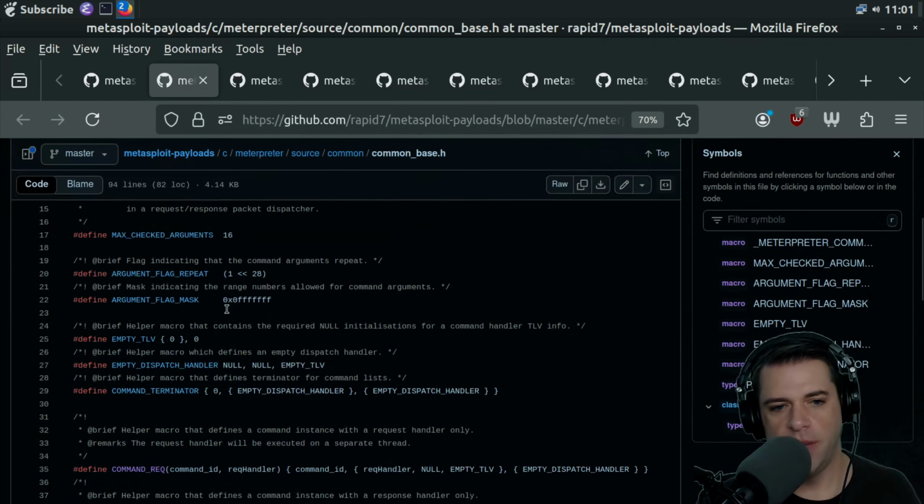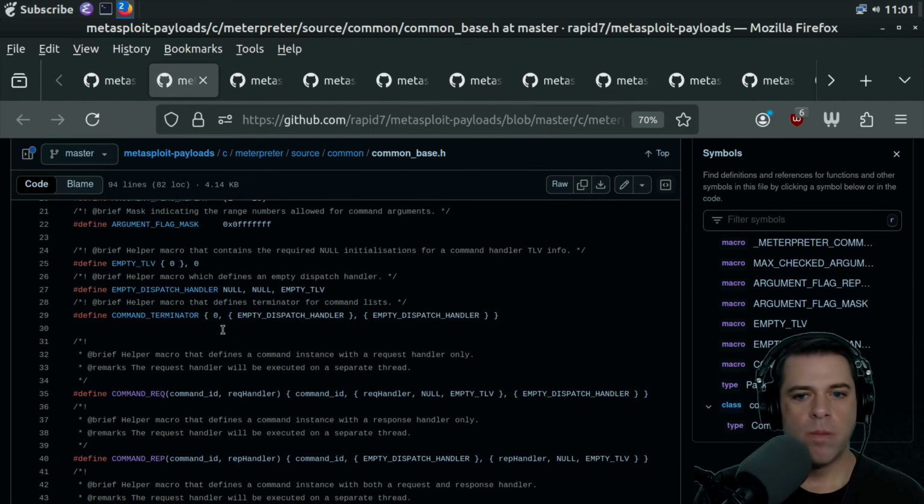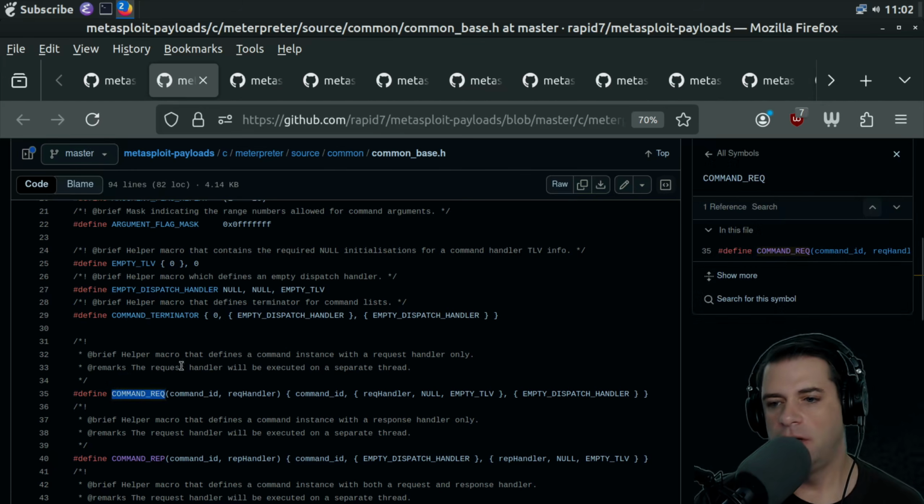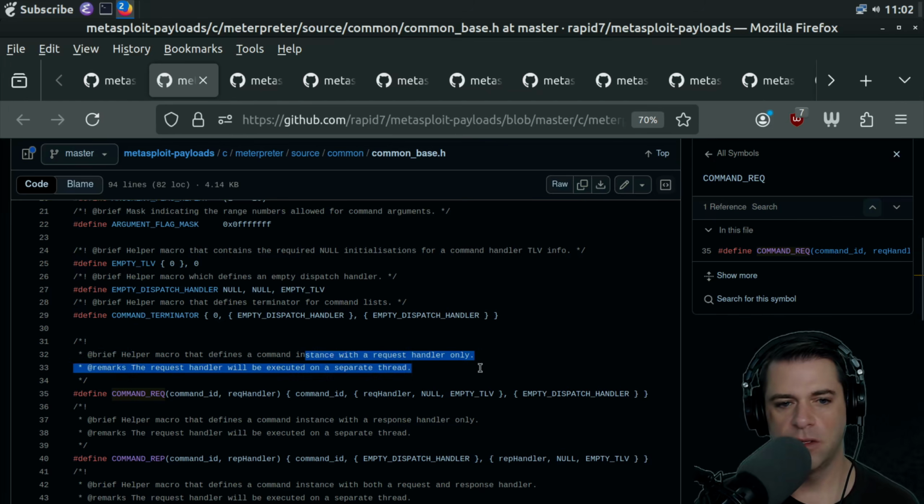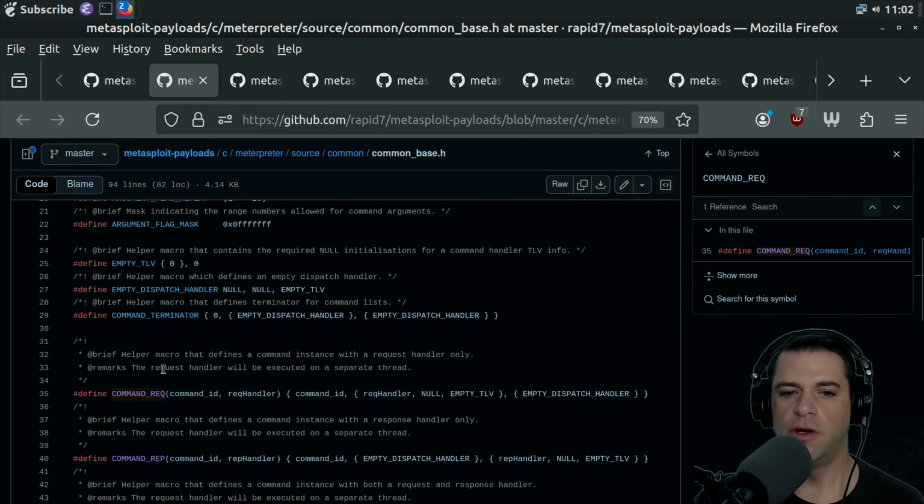What about in common base? This looks like an interesting macro. It's a brief helper macro that defines a command instance with a request handler only. Remarks, I guess remarks is part of the doxygen stuff. The request handler will be executed on a separate thread. So we give it a command ID and a request handler, and it has an implementation,